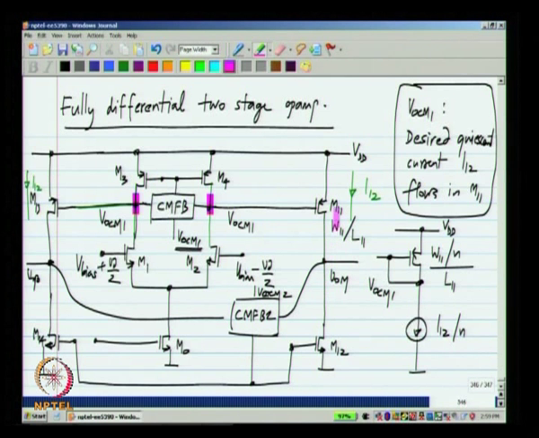And what is the desired value? Again we look at the signal swing limit of the output stage, and we set the common mode voltage VOCM to be in the middle of that stage. Okay. Now, we will see how to realize this common mode feedback circuit. Now, before we go into the details of the common mode feedback circuit of the two stage op amp, let us quickly go through the differential half circuit of the two stage op amp.